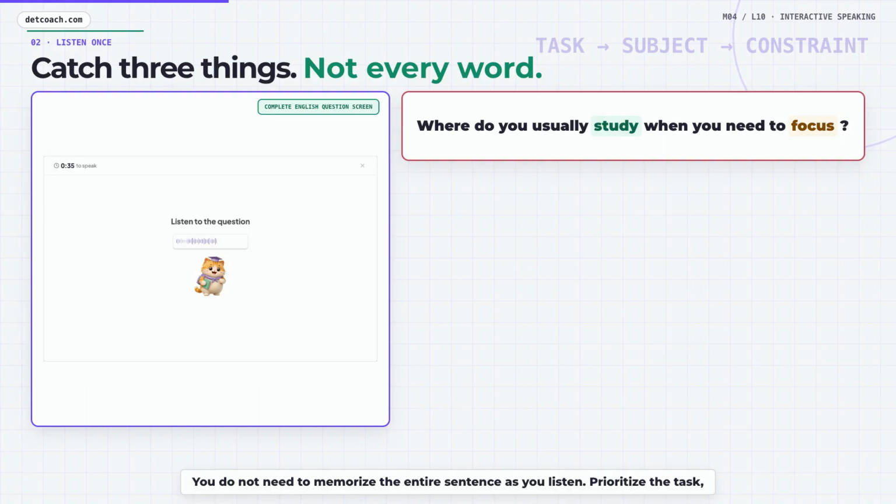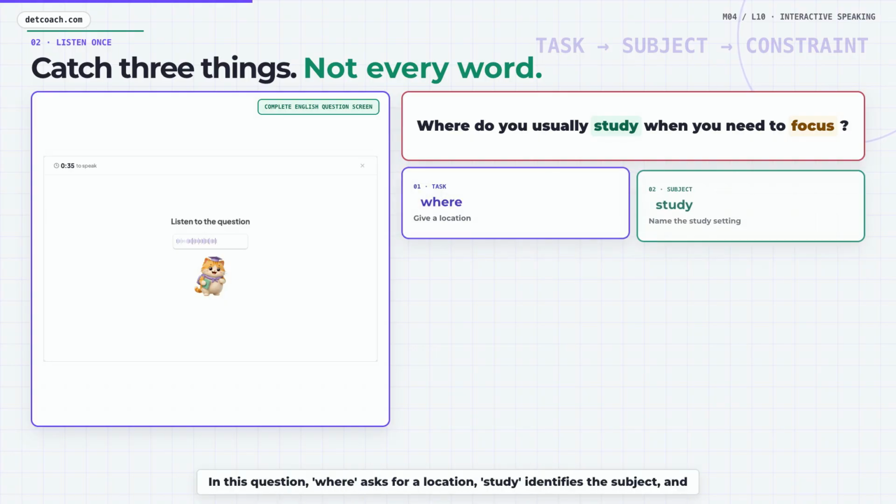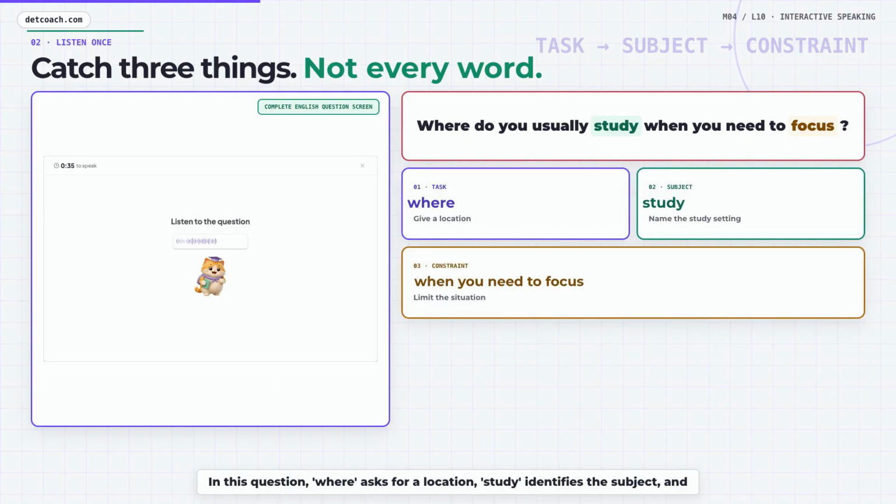You do not need to memorize the entire sentence as you listen. Prioritize the task, the subject of the answer, and any constraints. In this question, where asks for a location, study identifies the subject, and, when you need to focus, limits the response to a specific situation. Once you catch these 3 elements, you know that the first sentence should state where you usually study when you